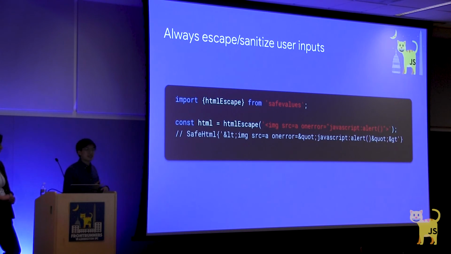So this example is if you have a string that is from the user, but it's probably not going to contain code that should be interpreted as code running on the page, we can just HTML escape it to neutralize some of the bad markup in there. For instance, this will not execute the payload in the JavaScript URI if we take away the characters, so that it's no longer interpreted as markup. And we like to point out that escaping is a library function provided by safe values, and it'll not only escape it, but wrap it nicely into a Trusted Types instance